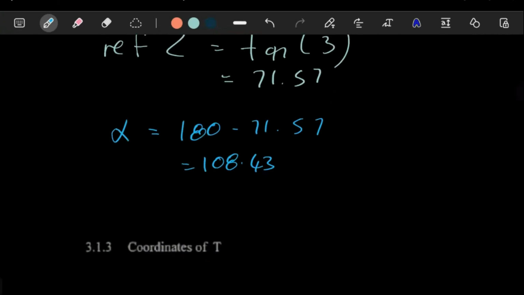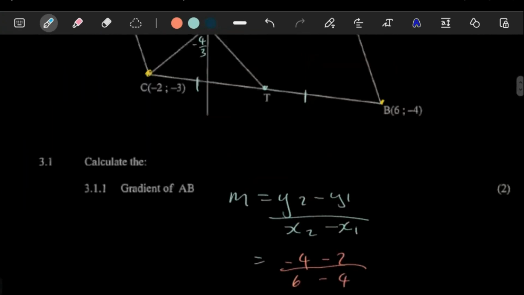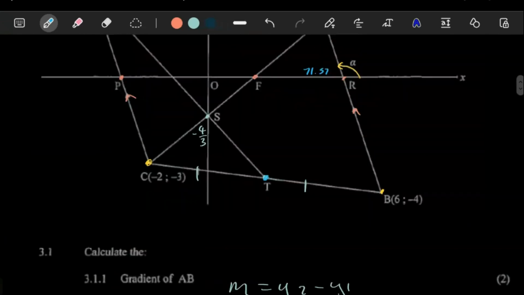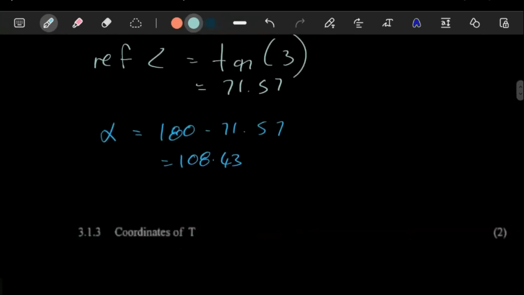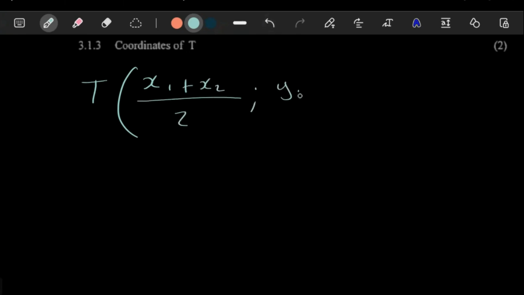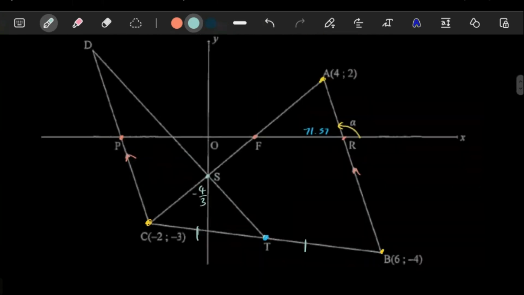108.43. There we go. All this being said, they want the coordinates of T. So the coordinates of T, that's the middle of these two, nothing crazy there. It's just the midpoint, it's just the coordinates of the middle. So it's like x1 plus x2 over 2, y1 plus y2 over 2. Now all this, we can just say here